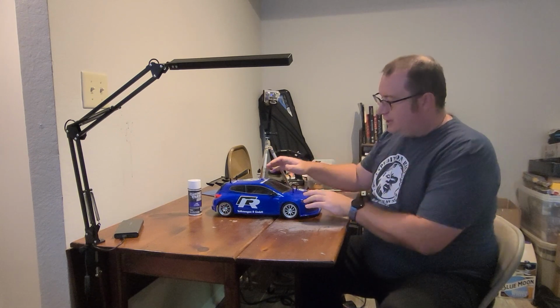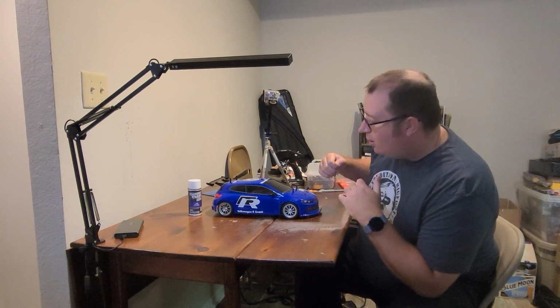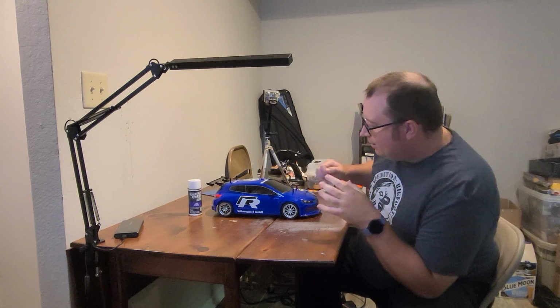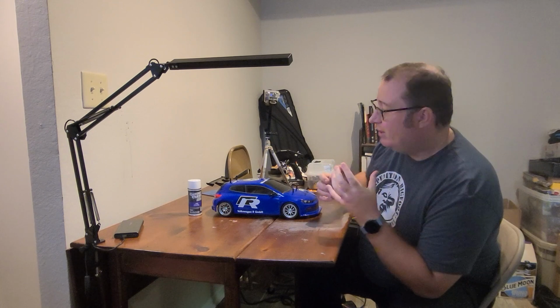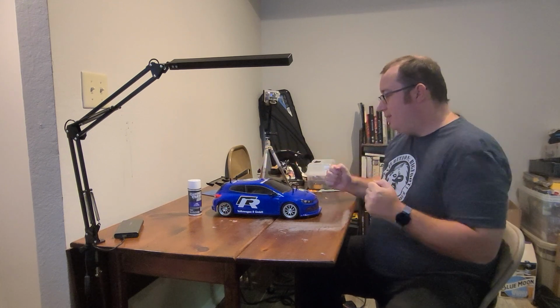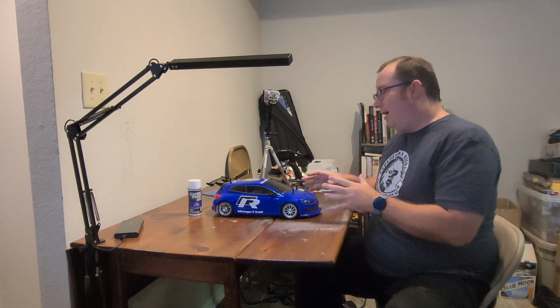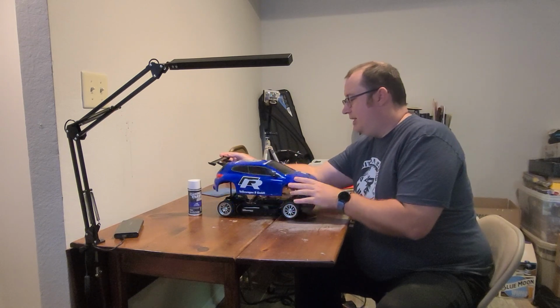All right, so you can see the body. I put pretty much all the stickers that come with the kit on it in the right place, mostly. And I think it looks fantastic. I was very hesitant about this body. I'm not a particular fan of this car in real life, but I think at scale, it's really nice. It's a good looking vehicle, and I'm proud of it, especially being my first video. I'm proud of it, and I'm sure this body, despite its flaws, will hold a special place in my heart. All right, so I'm going to go ahead and take the shell off